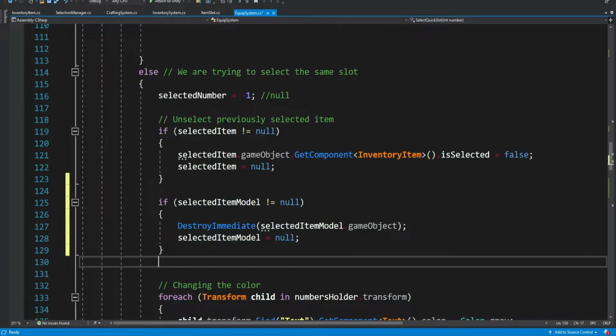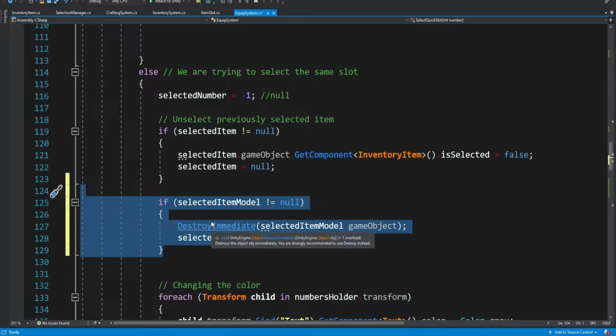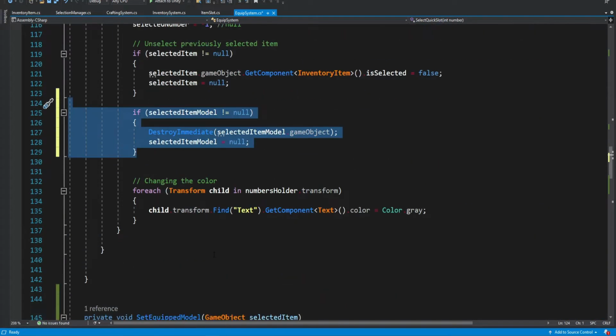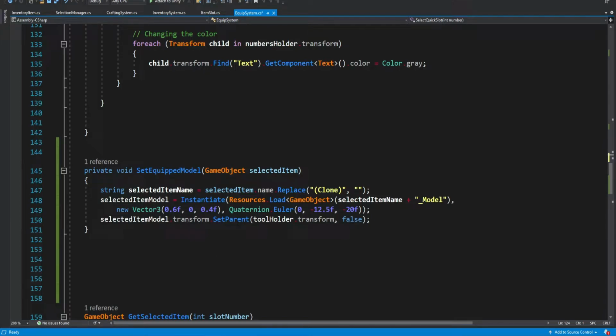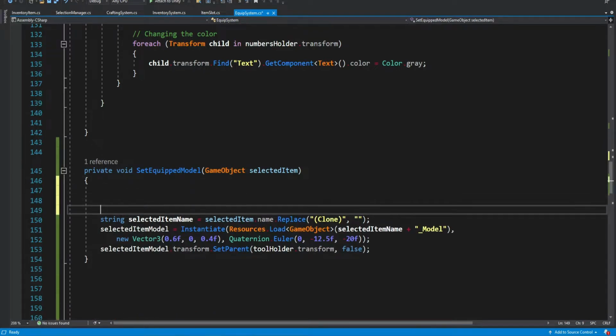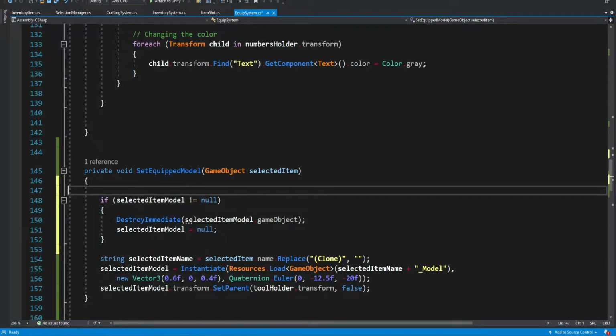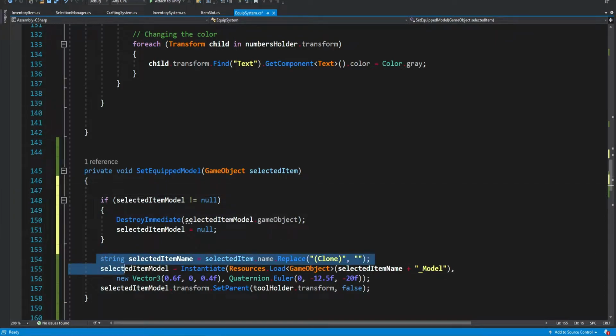And we're going to do the same thing. So let's copy this, and we're going to do it when we equip a new item. We're first going to set it to null. So if a different item was already created, we're going to destroy it and we're going to create our new